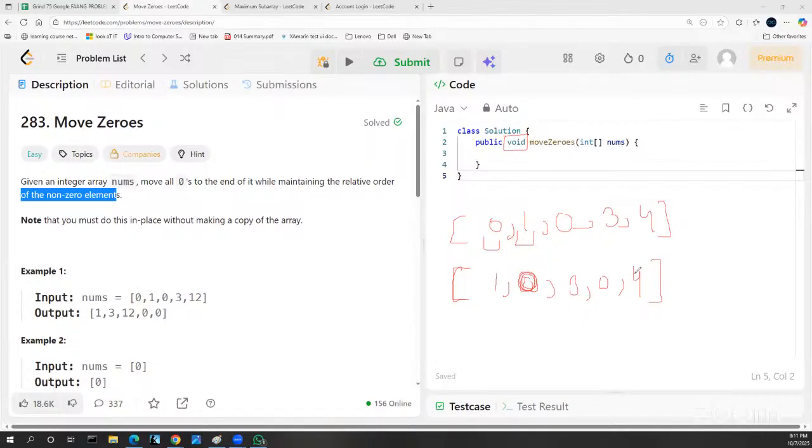Basically, if we swap 0 with the 1, we need two loops. For example, for the next iteration, there would be 1 0 0 3 12. And if I again